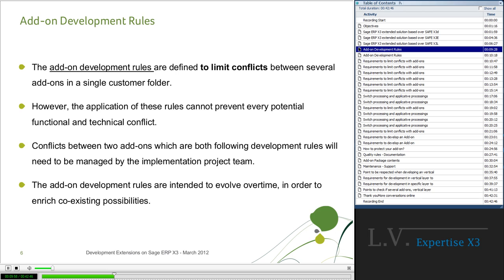Conflicts between 2 add-ons, which both follow development rules, will need to be managed by the implementation project team. The add-on development rules are intended to evolve over time in order to enrich coexisting possibilities.